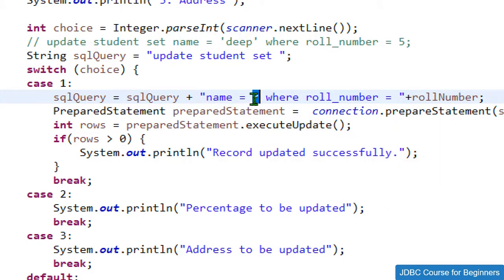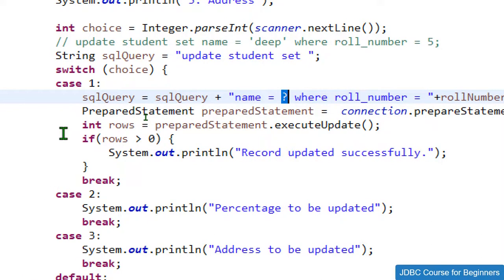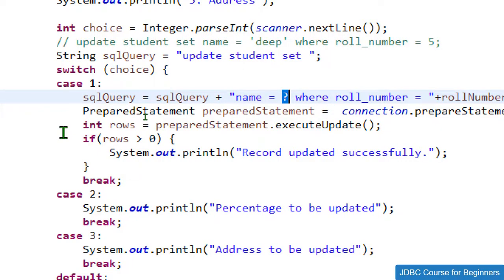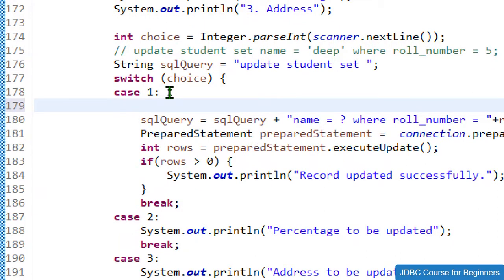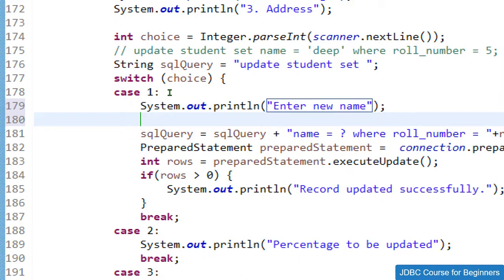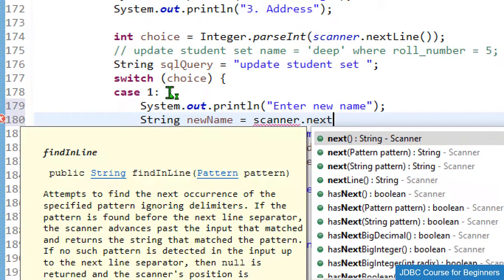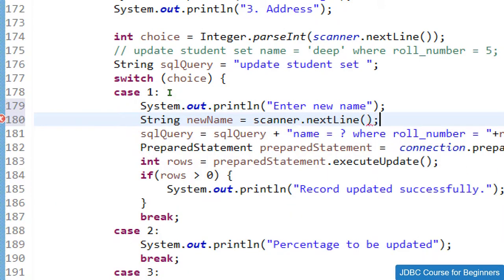So to this particular question mark we can set any dynamic value. Let me ask the user what name the user wants to change. So let me ask the user to enter new name, and whatever the user enters I will store into the string new name variable, using scanner dot next line like this.